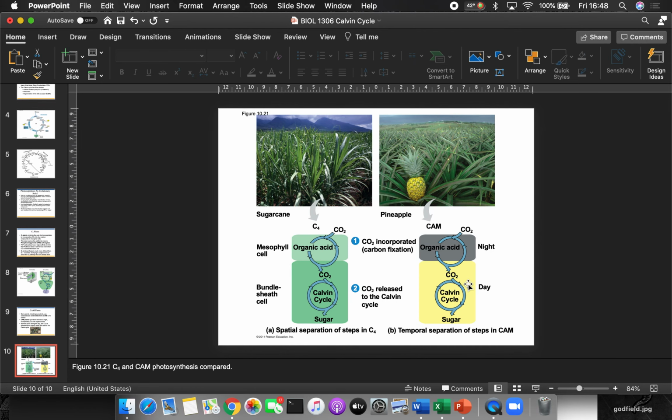So there we go. That's the end of photosynthesis. And now that we have made the energy, we are going to spend that energy. That's the next thing we're going to cover, which is going to be glycolysis. And it's time to make some ATP. Let's go get that bread,